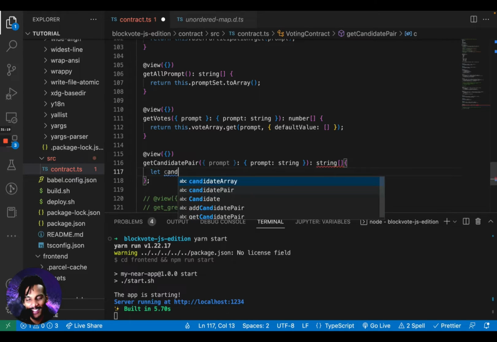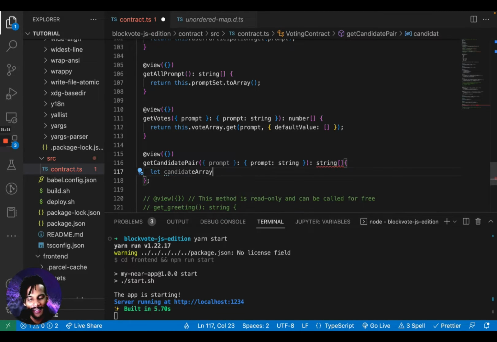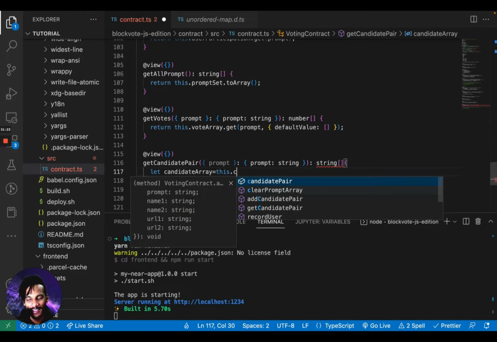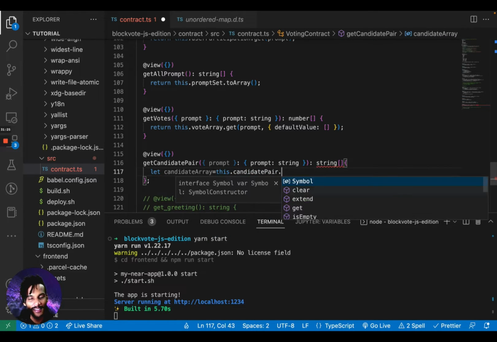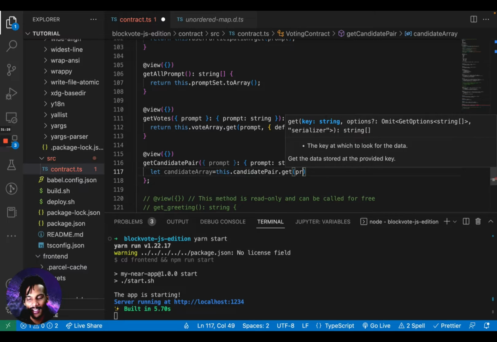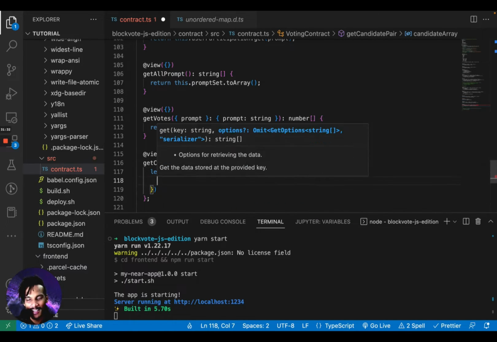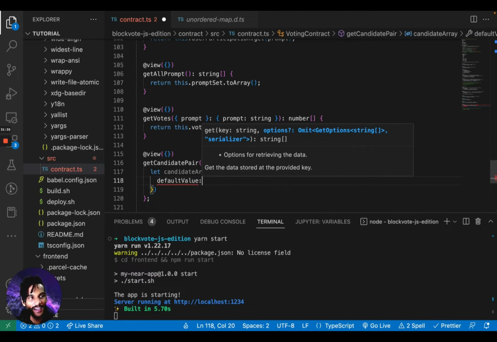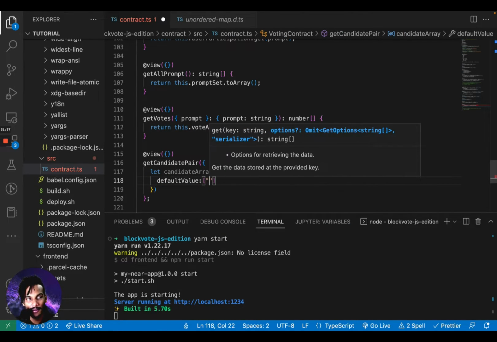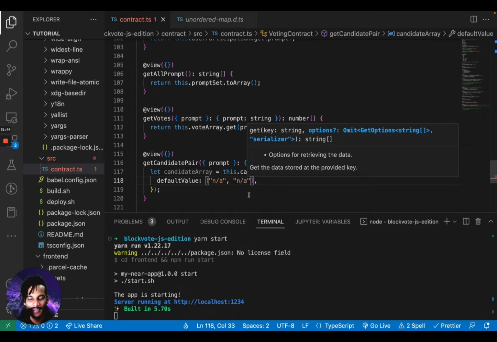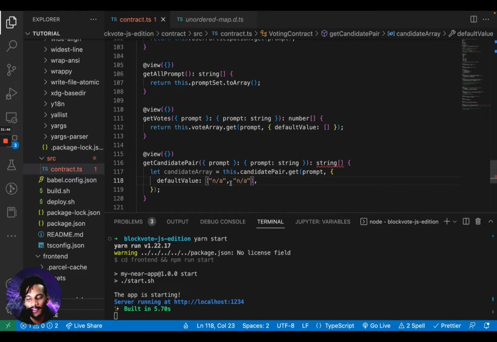So let candidate array equal this.candidatePair.get(prompt). This is actually a much easier way we could have written the very first function, but I like to have fun sometimes. Let's see, default value n/a, comma n/a. So we're checking for a candidate pair. If that prompt does not exist for a candidate pair, it's going to be returning this empty